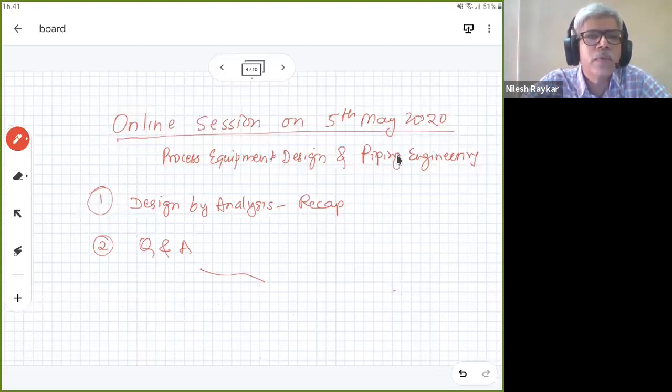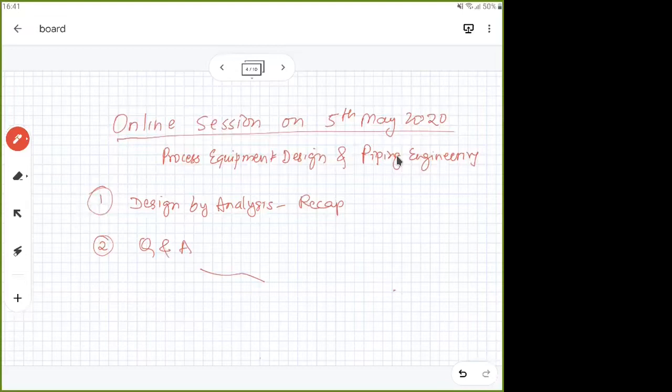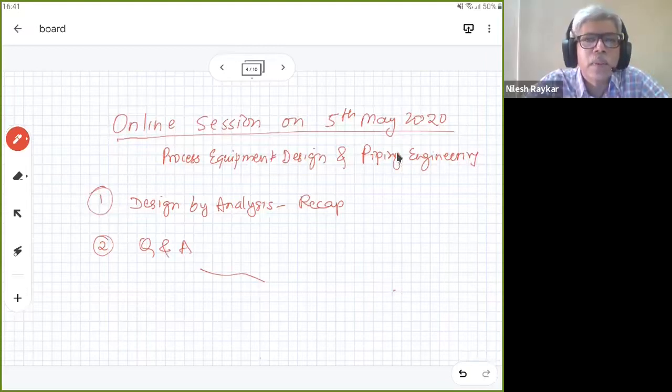So the first question was, which of the following checks are mandatory as per Section 8 Division 2? Buckling, local failure, plastic collapse are the three options, and creep failure is not part of the mandatory checks. So can somebody tell which is the remaining option which is not appearing here? Other than plastic collapse, local failure and buckling failure, which is the fourth mandatory check? Can somebody speak out? Fatigue check. Fatigue is the correct answer, and ratcheting. Yes, ratcheting is a part of fatigue. So that is the one.